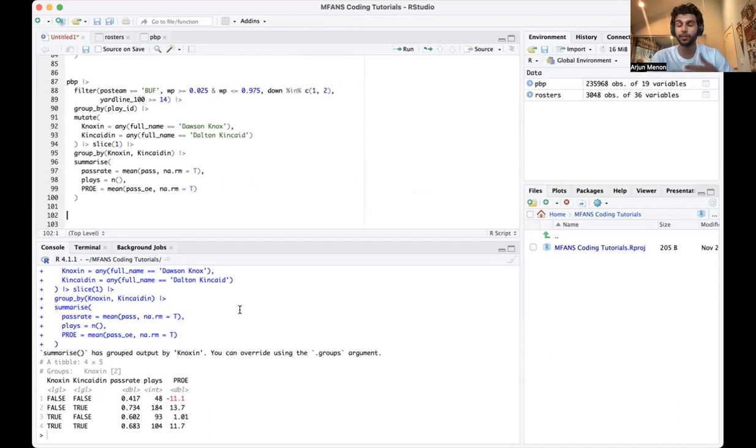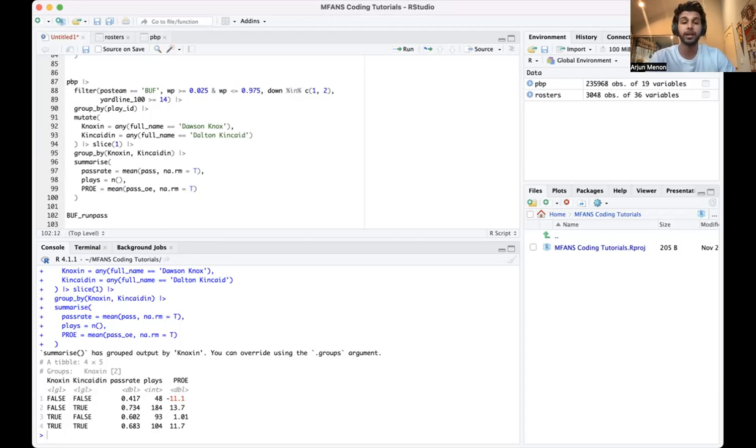What can we do with this that you can send to a coach? If you know anyone that works for the Buffalo Bills, you can send them a table that we're going to put together in this tutorial, in preparation of helping them self-scout themselves and making them less predictable as an offense. So we're going to create, for the first time, a new data frame called